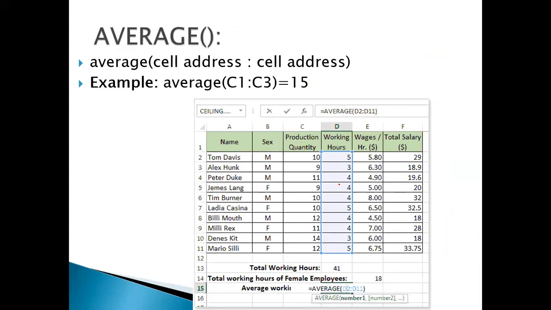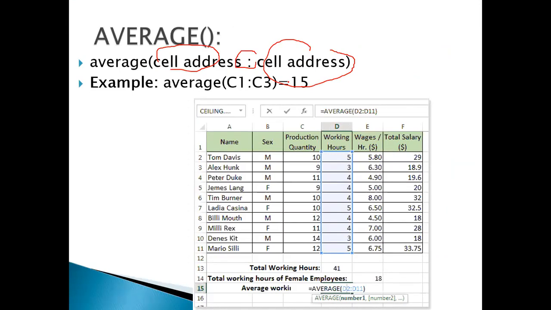Now we'll go ahead with the next part, average. For this, the syntax is average, then cell address, colon, cell address. So it will automatically give you the average of those numbers.